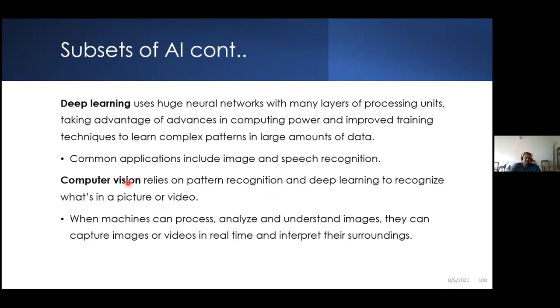Then another area is computer vision. Some of us will remember OCR, optical character recognition, though that was an old day version of computer vision. Computer vision goes a little bit in front, because what it does is when machines can process, analyze, and understand images, right? So especially in the area of fraud detection, customs, border control, this is heavily used in the United States, as well as you would have maybe in certain movies you would have seen facial recognition, right, where they can identify